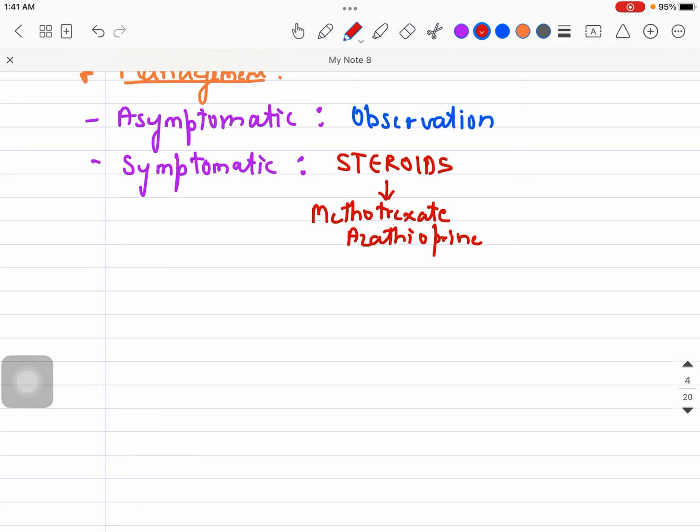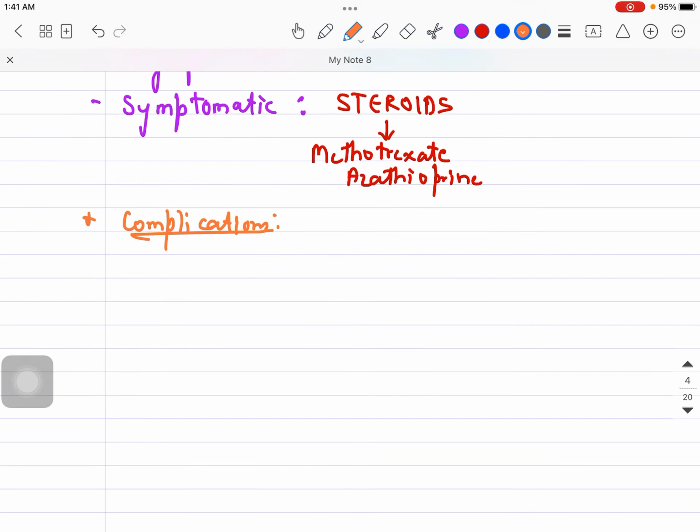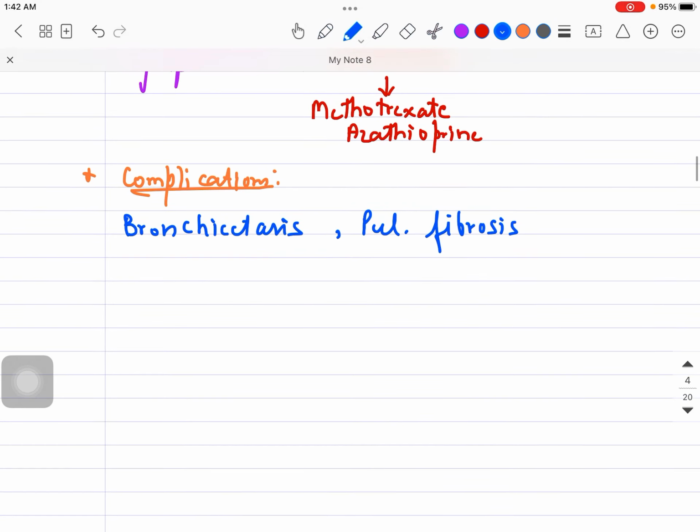What could be the complications in such cases? Let's talk about the complications also. As far as complications are concerned, pulmonary complications I told you already. For example, bronchiectasis can happen, the one in which you study the honeycomb pattern and the tram track pattern. Pulmonary fibrosis can be very severe if very severe sarcoidosis happened, or if it remained undiagnosed and went to stage 4. So yes, obviously pulmonary fibrosis might happen.